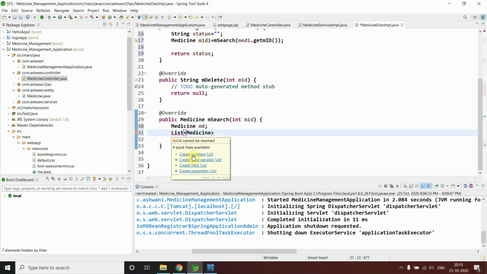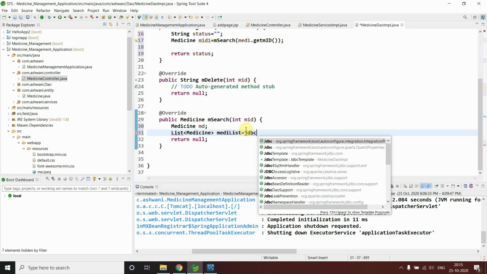I should import this before using it. Let me first create that reference variable, so I say medi list, and it can use JDBC template.